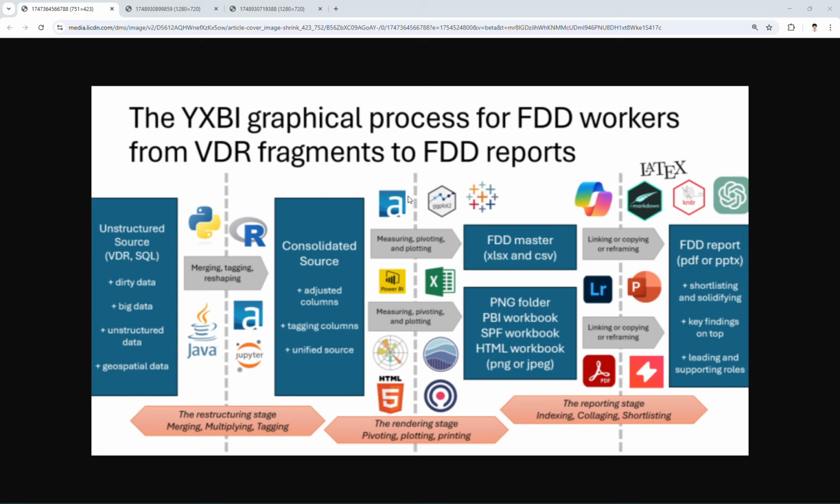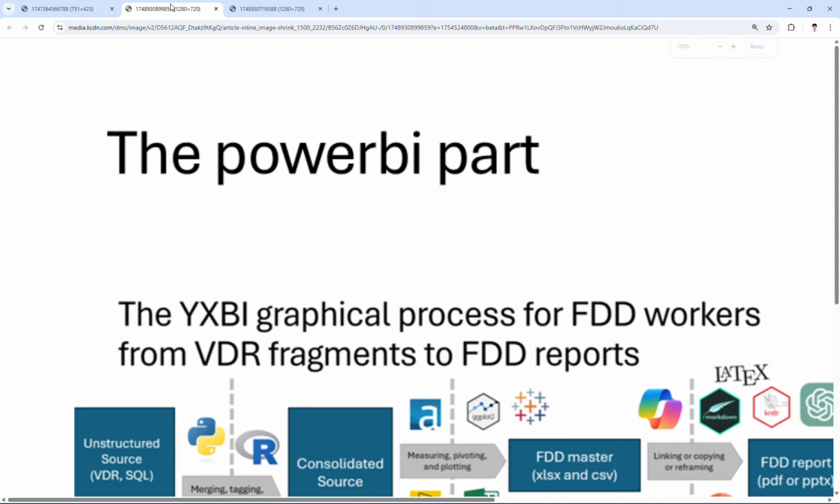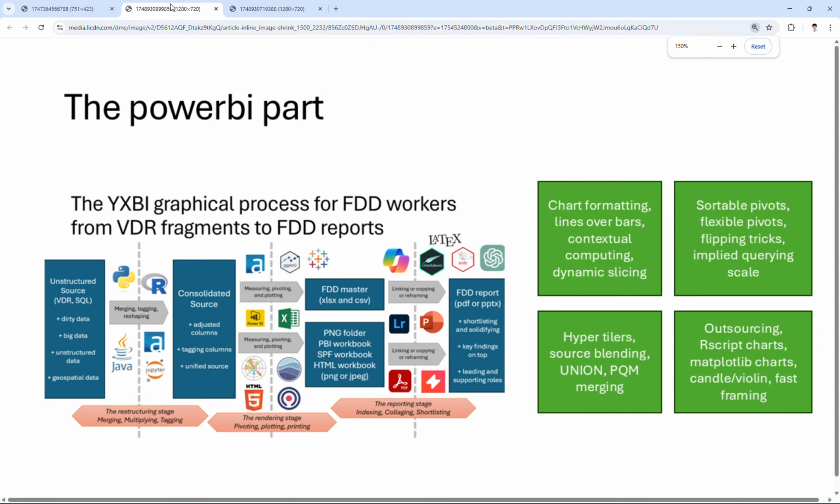Okay, so let me zoom in a little bit on what we have done in this series so far. The first one is just to use the Power BI. So let me zoom in a little bit. Okay, so